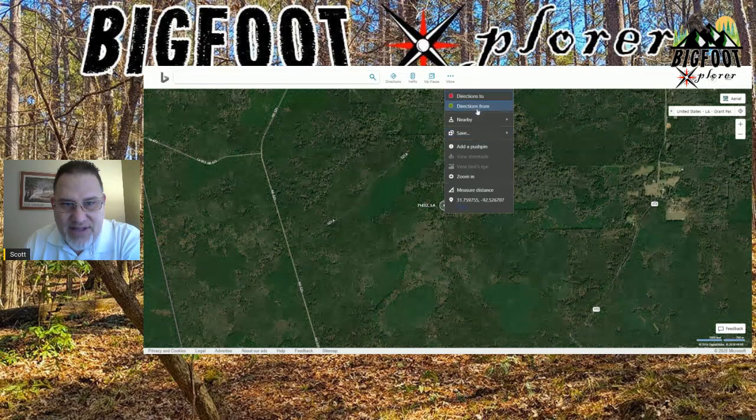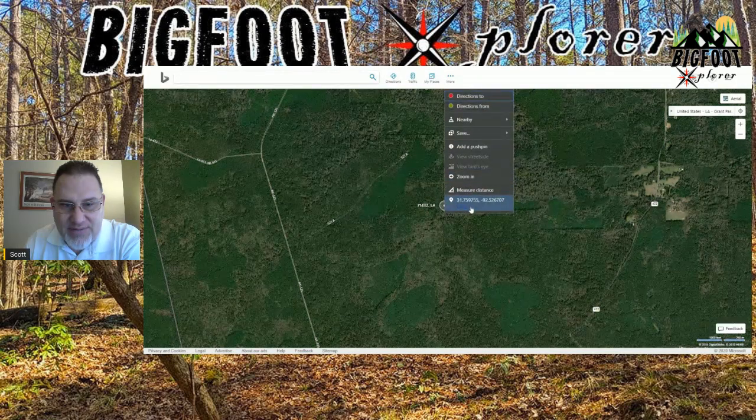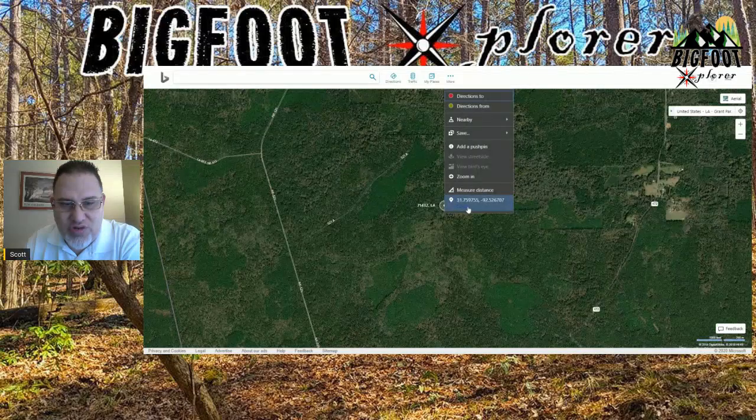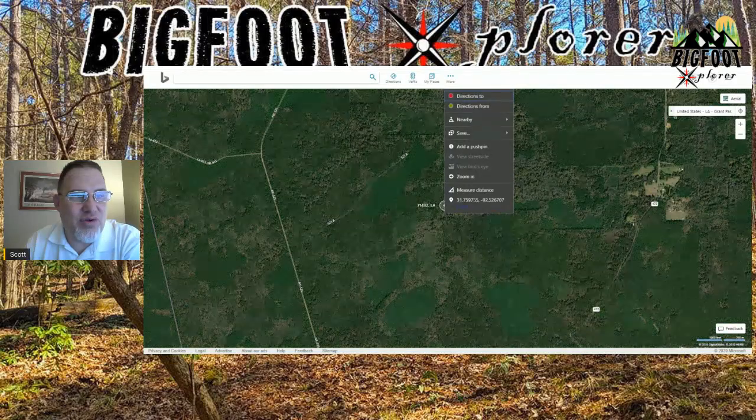And then in this dialog box that pops up, look right here down at the bottom. It shows you the coordinates, and then there is a blue copy button. Left click that and it'll say copied. Okay. Then what you want to do is you want to come back to